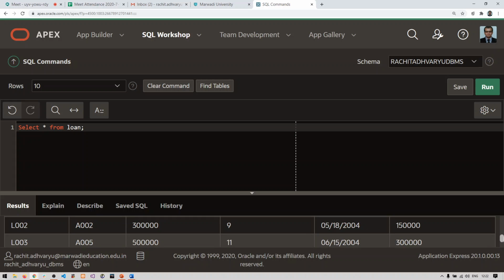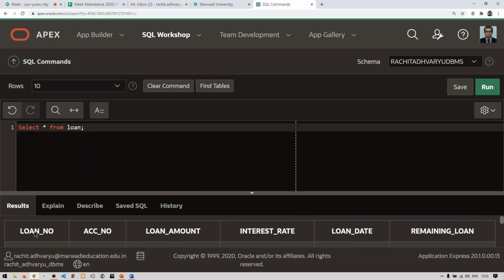So what actually I want is only this specific column. I want to fetch distinct values of this column only. That means I want to fetch different loan numbers from the table.